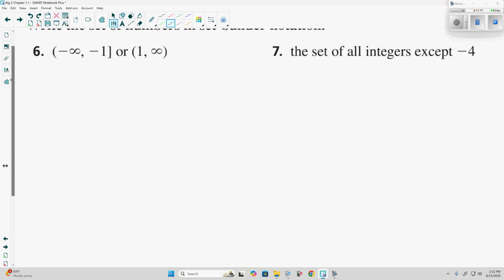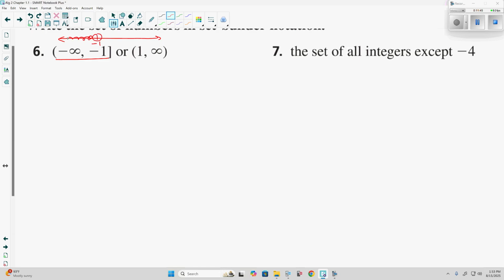Let's look at number 6. Parentheses, -infinity, comma, -1, bracket, or parentheses 1, comma, infinity. So we have -infinity to -1, or 1 to infinity. So we do need to write these intervals as inequalities. So the first one, if we're looking at the number line,